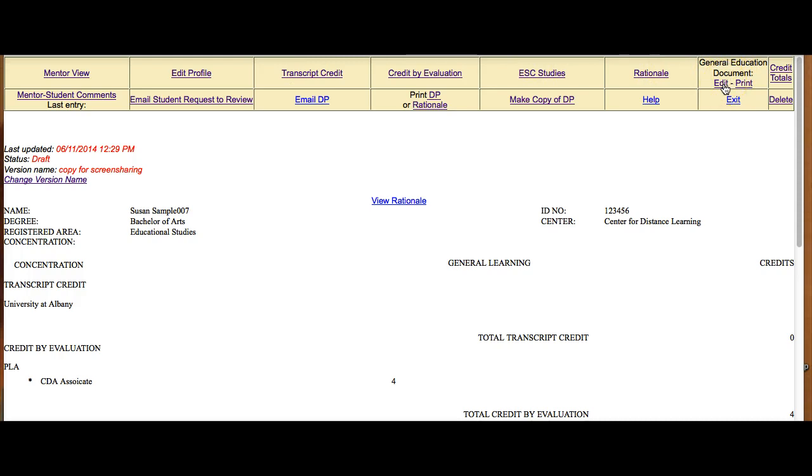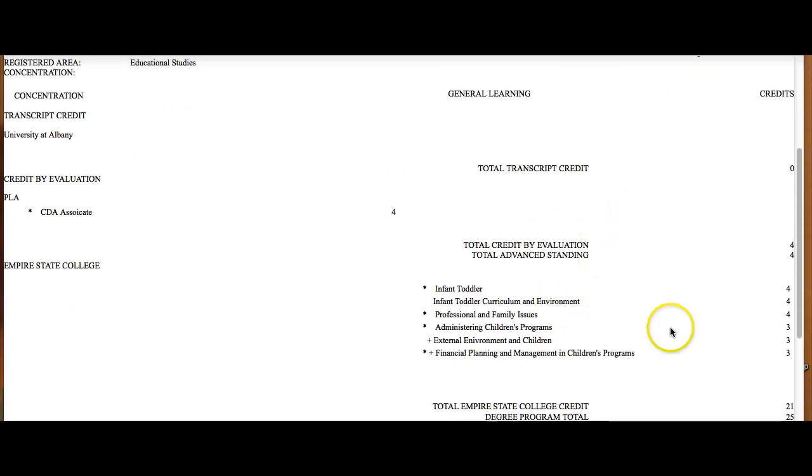This is important. This is where you can see what courses you have taken that meet Gen Ed. Now, if you look down here at these classes that are listed, there are no numbers after any of these courses. That means nothing on this degree plan meets general education. Once we add courses in that meet general education, you will see numbers after this, and each number pertains to